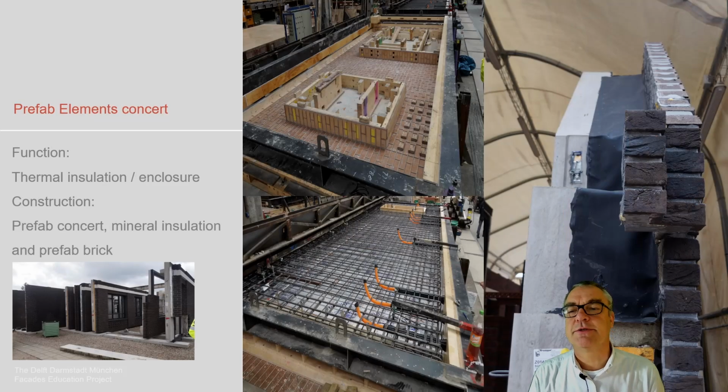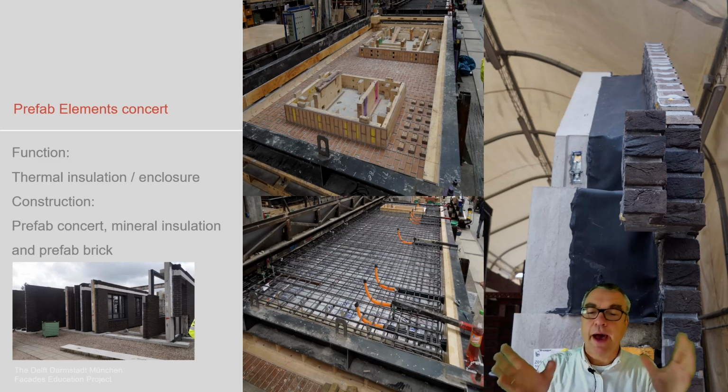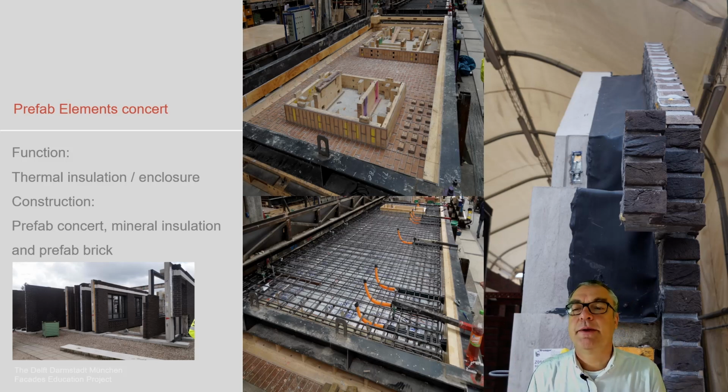pre-assembled structures. A sample which is done more in housing, especially in the Netherlands, for example, for high-rise housing, are these prefab elements in concrete. We see the prefab elements shortly before being transported in this situation. That's a full height and a full length of a grid system of the building.